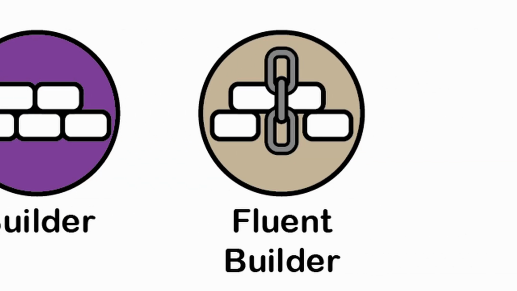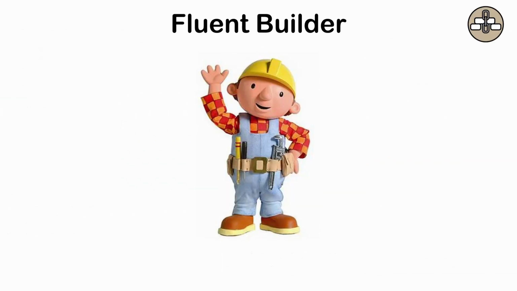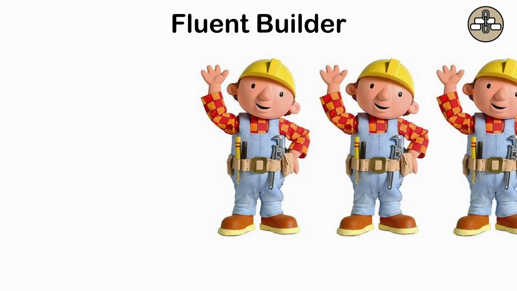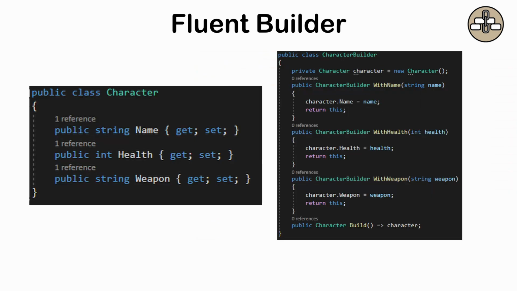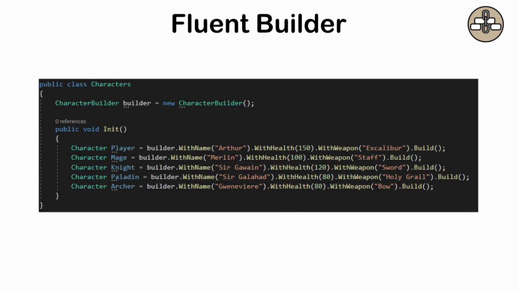Fluent Builder, or Fluent Interface. A more flexible form of the builder pattern that adds method chaining. Start with a standard builder, then make each configuration method return the builder itself. This lets you construct objects more intuitively, with methods such as with name, with health, with weapon, etc., all in